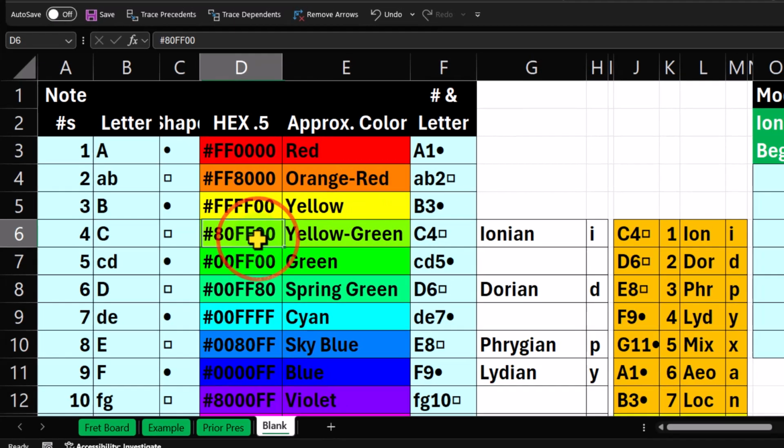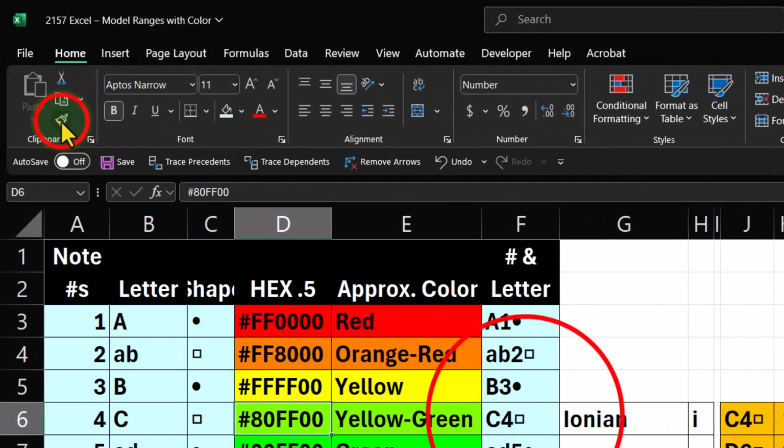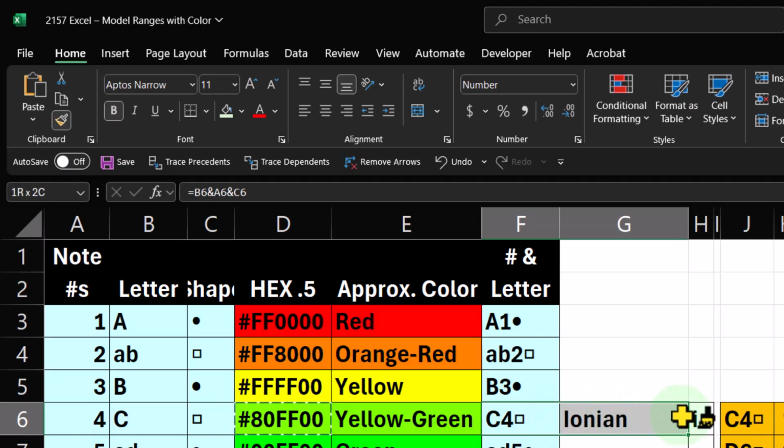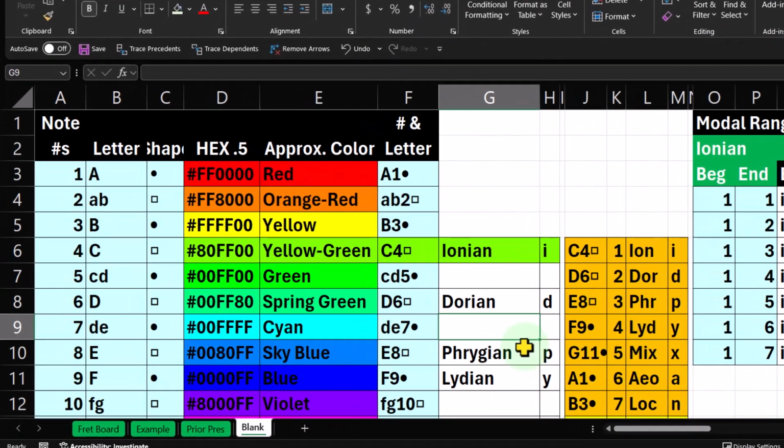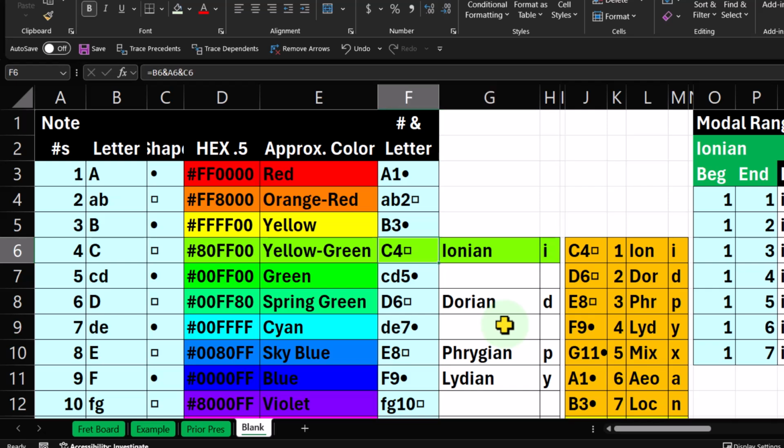So I'm going to grab this one and tie that to here, here, and here. I'm just format painting it across. So that means the Ionian note is going to be green if I'm looking at it from yellow-green. It's going to be yellow-green from that perspective, and the note C will be yellow-green all the time. Now, if I play in another key, like the key of A,